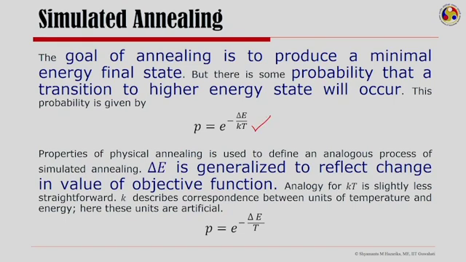Now, properties of physical annealing are used to define an analogous process of simulated annealing. Delta E here, the energy function, is generalized to reflect change in the value of the objective function. The analogy for kT is slightly different from the physical one. In the physical sense, k describes the correspondence between the units of temperature and the units of energy. Here these units are artificial, and therefore the k is factored into T, and we use a more simplified equation